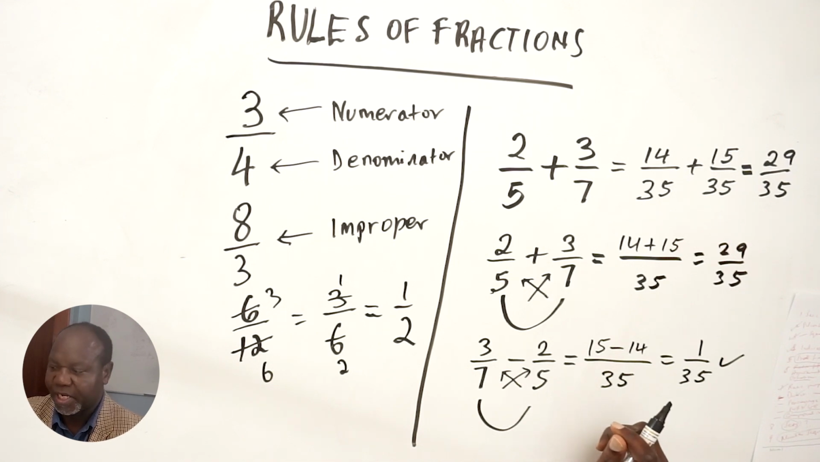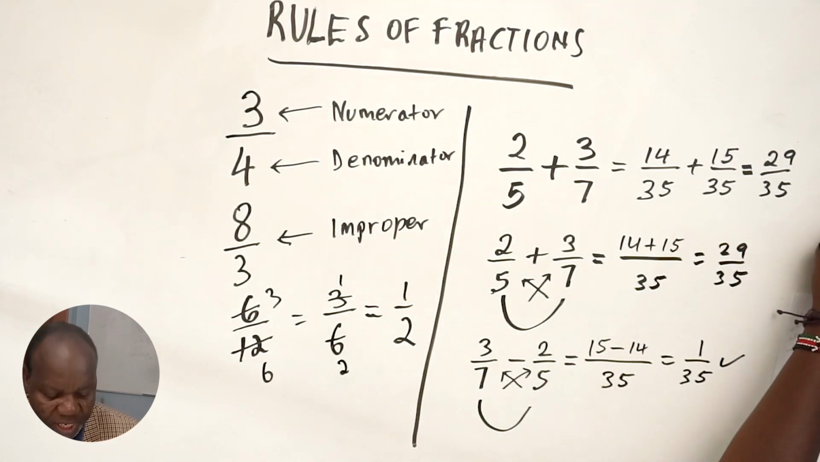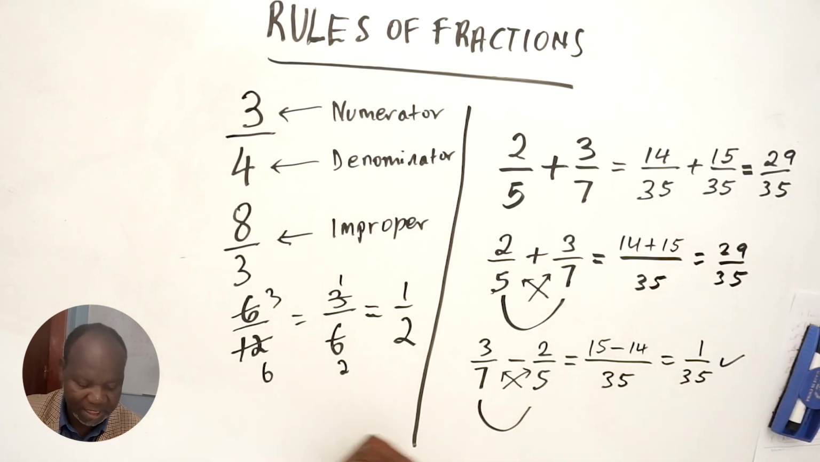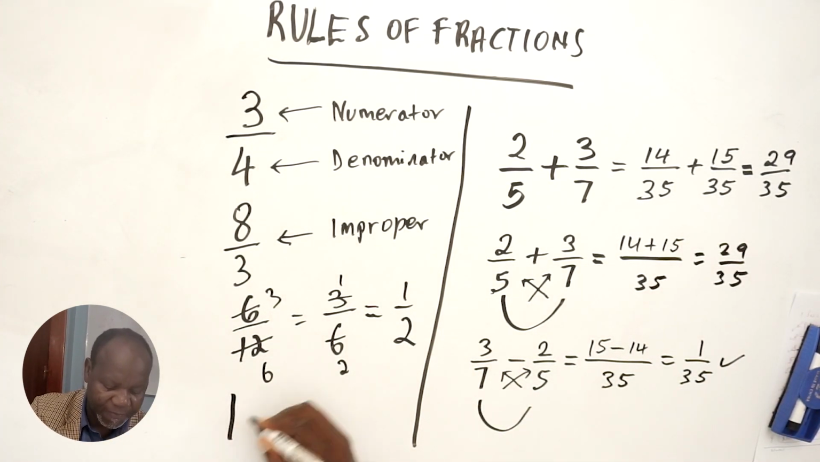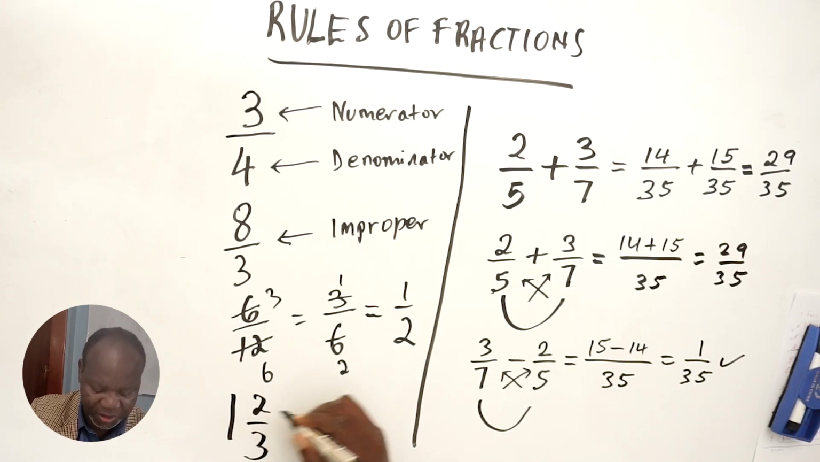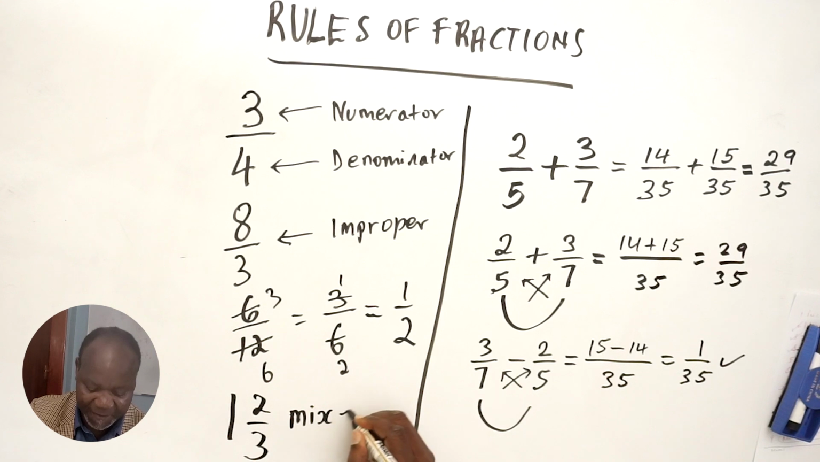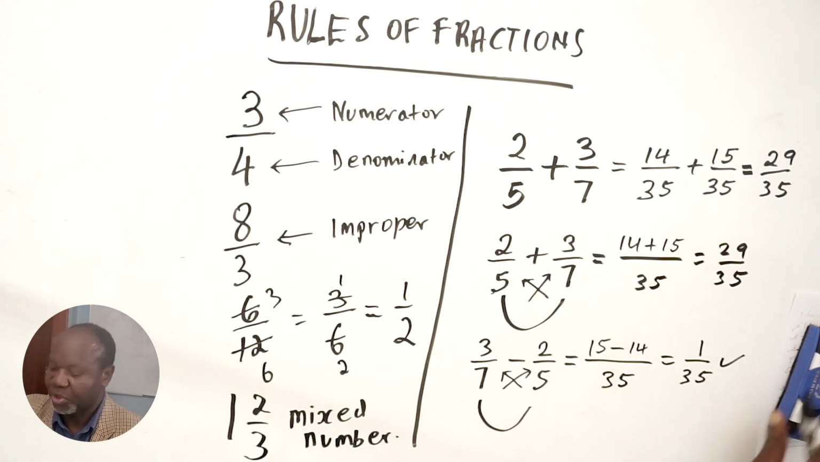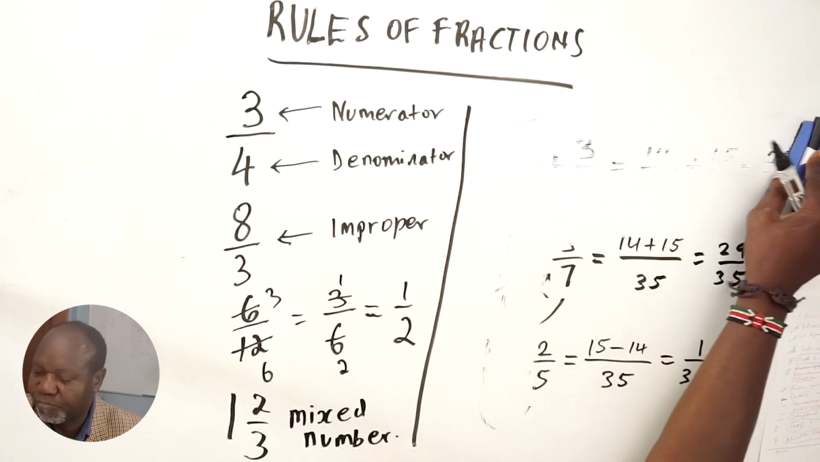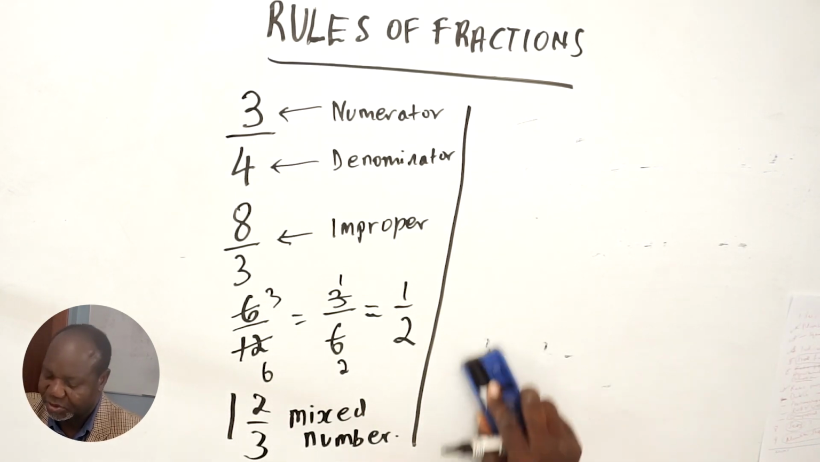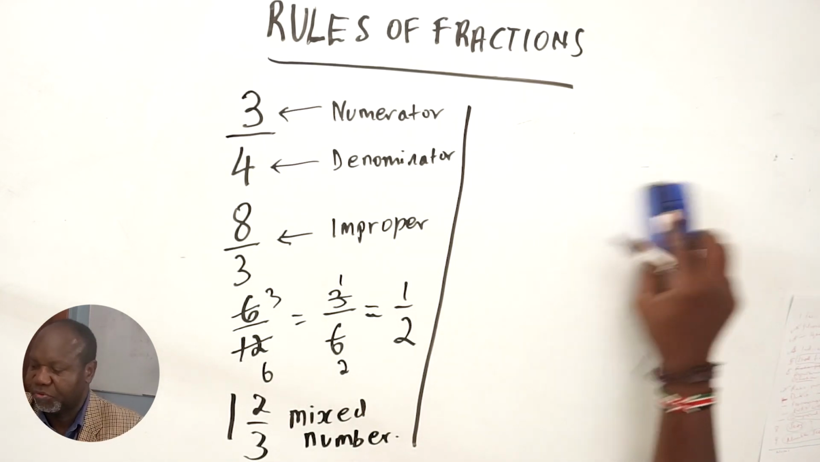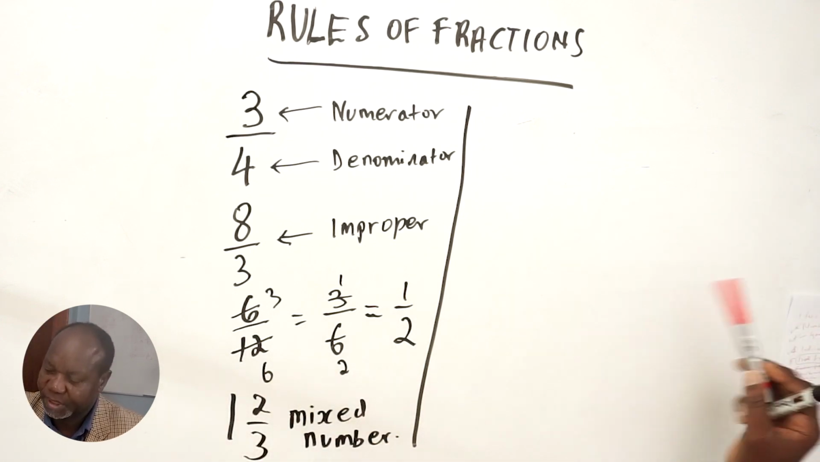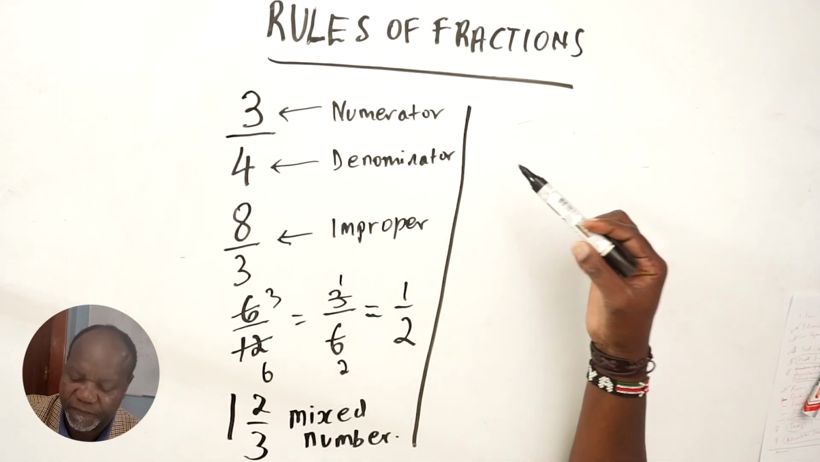Okay, now in many cases you will find you end up with a type of fraction that has a number and a fraction. This type of number where you have a fraction and a number is called a mixed number. Mixed number because one part is a whole number, one part is a fraction. You want to see how we add mixed numbers and also how we subtract them, because you will find questions of that nature. So if I've got 2 and 1 over 5,